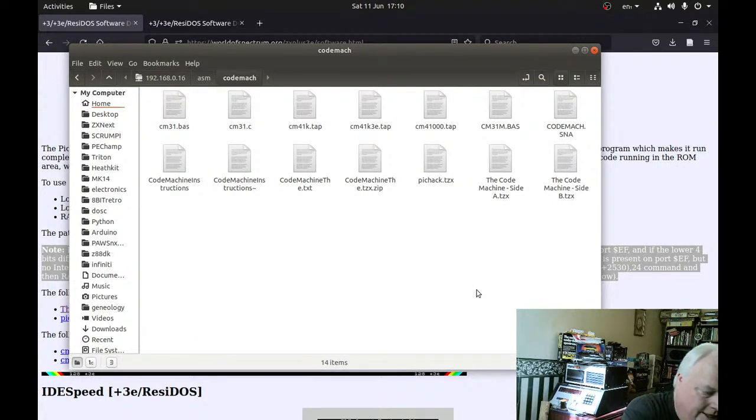And I'm 99% certain this is just the crappy microdrive cable where I'm having to get at the... because that ran and took us back into there. So now we can do an MCAT2 and we can do a CAT1 again. So we can flick back and forth between microdrive and ESXDOS hopefully. Yeah, and I can run the code to go back to ESXDOS and I am in the right place. Yeah, and I can then load star